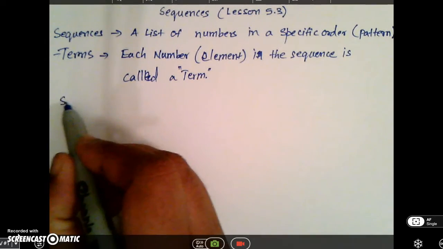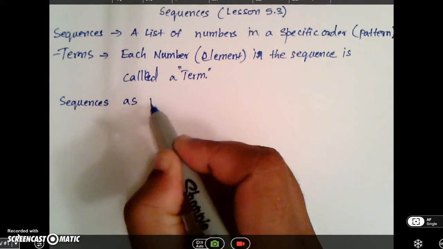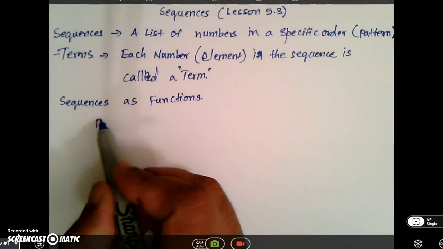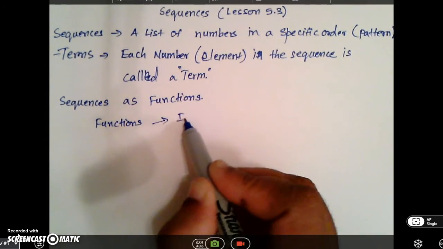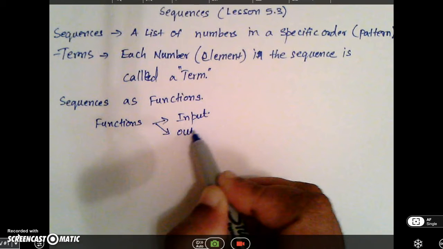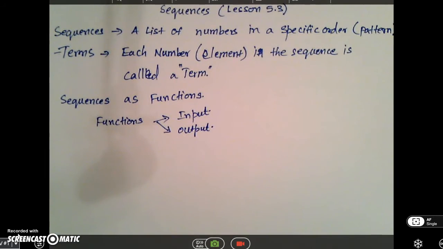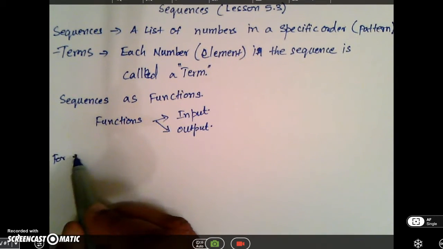And we also saw sequences can be expressed as functions. So we know for functions we need two things. One is input, the other one is an output. So when we look at sequences, we have two things that are associated with the sequences, which we can use as an input and an output. So for example,